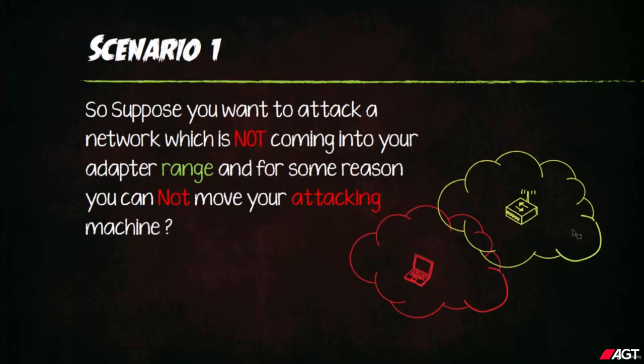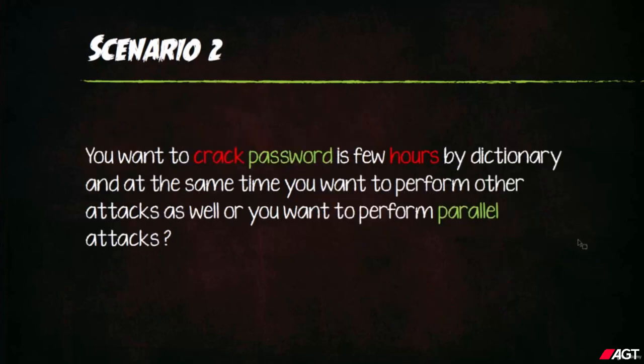Right now I'm just discussing the scenarios in which you can use the solution which I'm going to provide. Scenario one is where you cannot move your machine and adapter, and the target access point is not fully coming into your range. So you are not able to capture the four-way handshake, and you are not able to perform jamming as well. Scenario two is you want to crack a password in a few hours by dictionary,